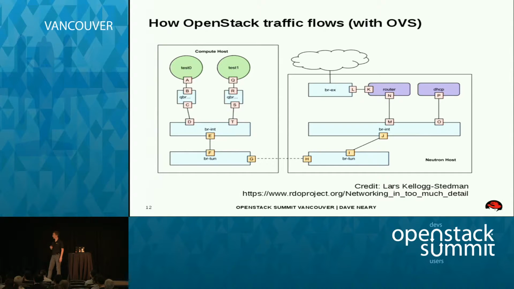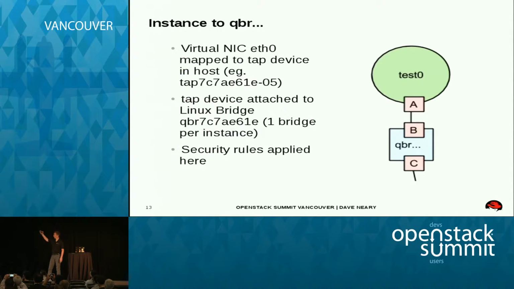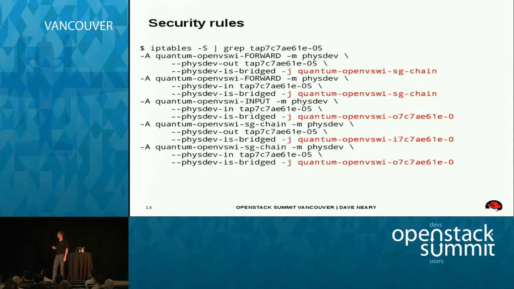So if we look at the first level, what happens from the instance? Well, we've got eth0 on your Nova instance connected to a tap device in the host namespace. That tap device is linked to a Linux bridge. That's where security rules, when you define your security rules associated with an instance, there is one of these per instance living on a compute node, and that's where there's a set of iptables that say what's allowed for